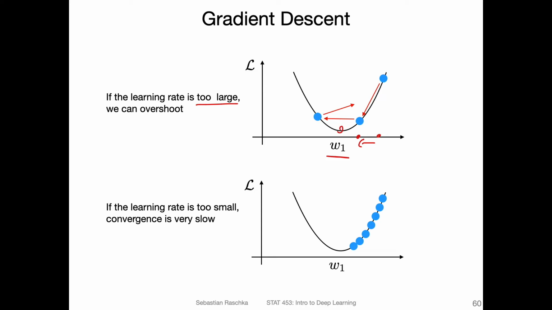However, if we make the learning rate too small, it will just take a very long time until we reach this bottom. So we make all these little baby steps. It will take a lot of iterations or a lot of updates to reach this global minimum. In practice, for a convex loss function like this one, where we have a global minimum that is easy to reach because everything is convex, it's usually not a problem to have a small learning rate. We just have to be patient. In practice, for deep learning, this would be a problem because the algorithm can get stuck.